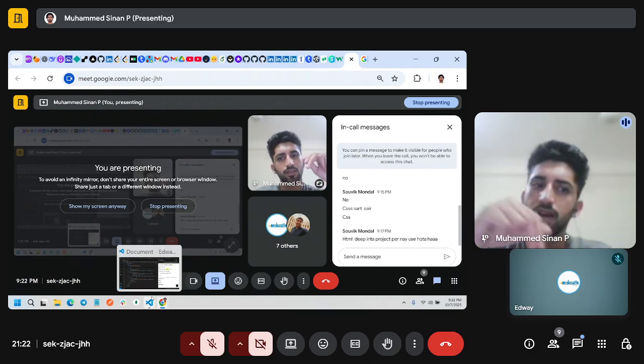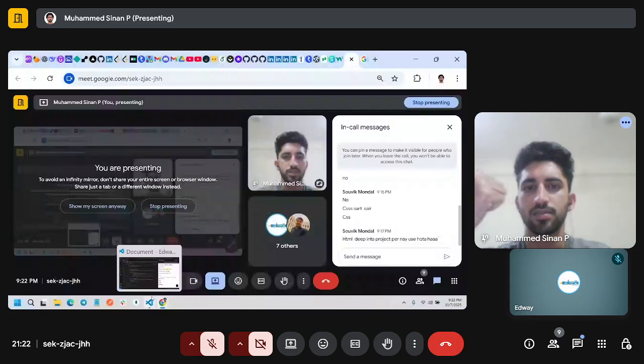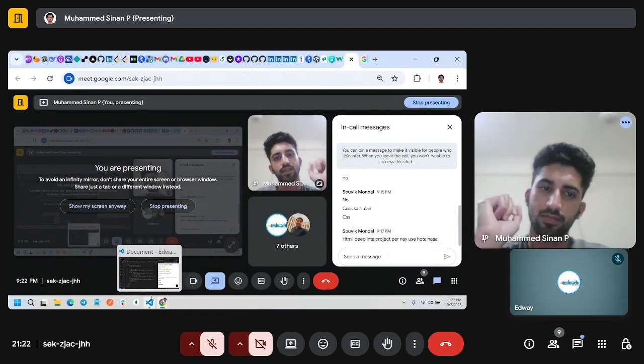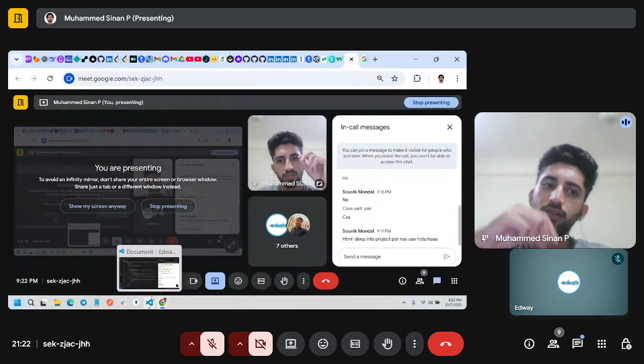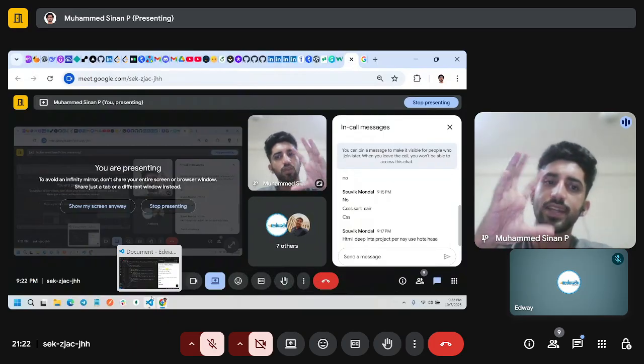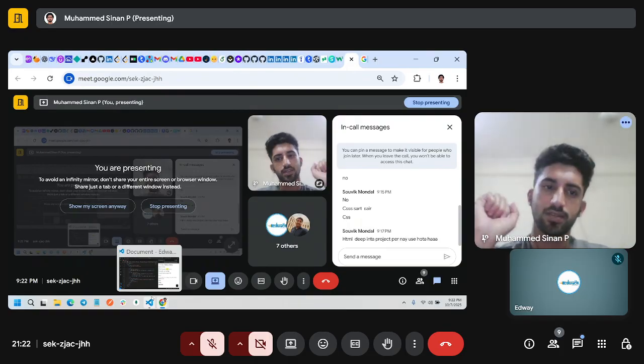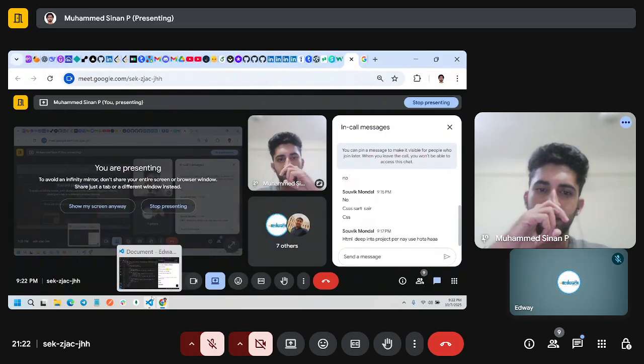But when you start using React, the importance of HTML comes back because we are using HTML more in React. So if we build a strong foundation in HTML, React would be very, very easy. Are you getting me?